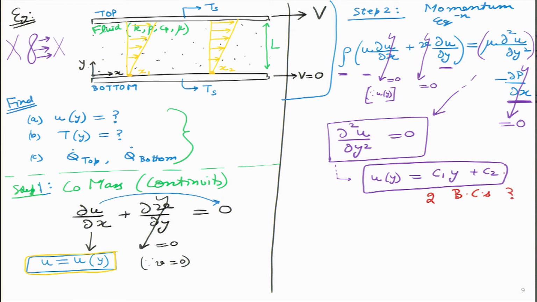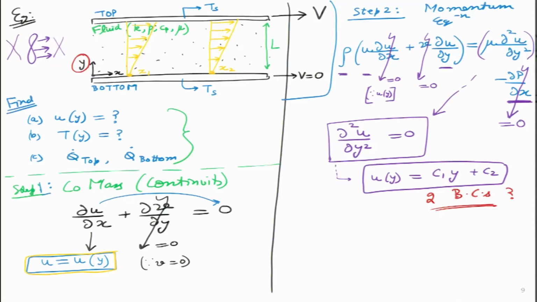And what are those boundary conditions over here? I need help from students: what are these two boundary conditions in terms of velocity? If we look along the y direction, because that is where it is changing, can we say something about the velocity in x direction, its variation in y direction? Sorry, it sounds a little confusing because u, remember, is the velocity in x direction. I misspoke earlier.